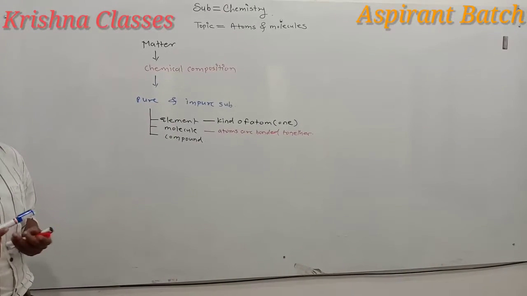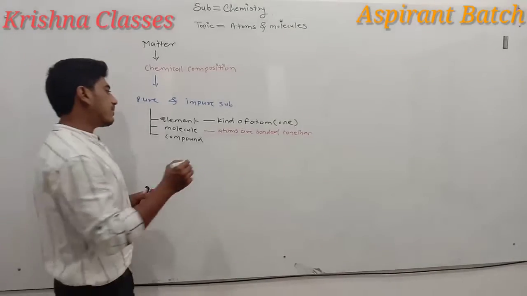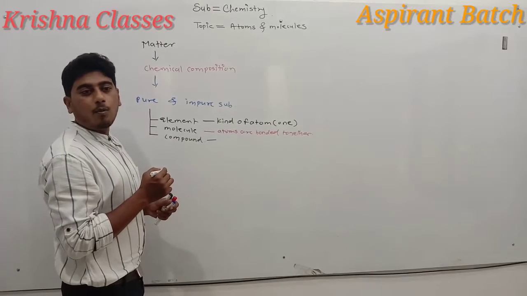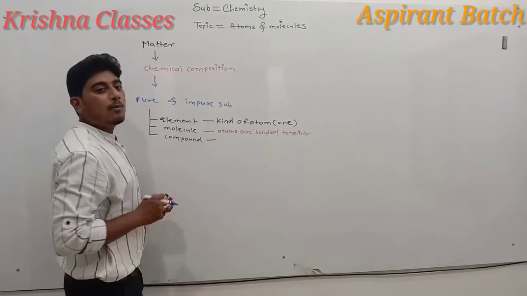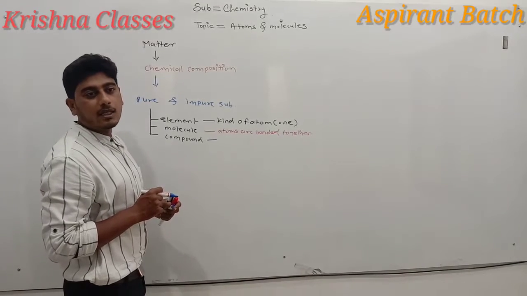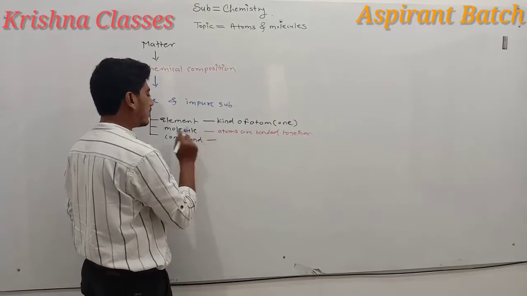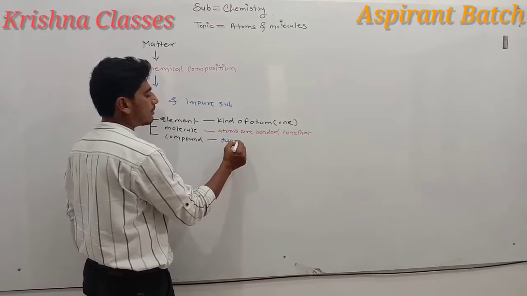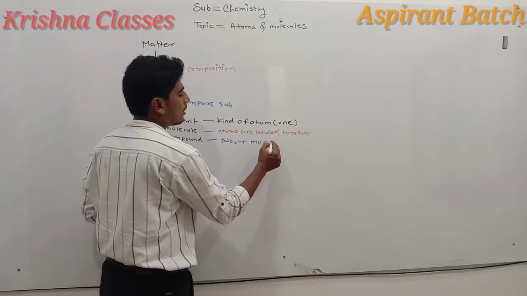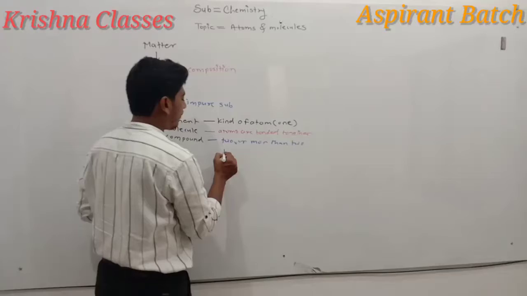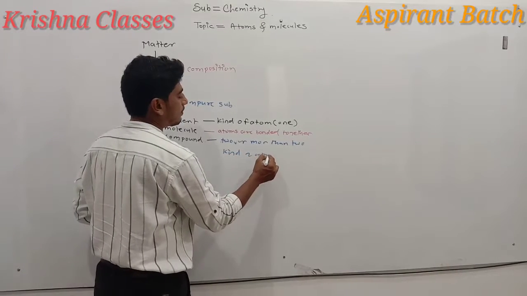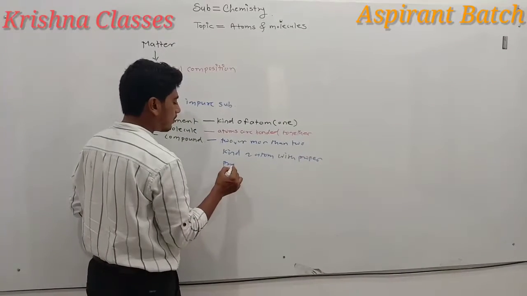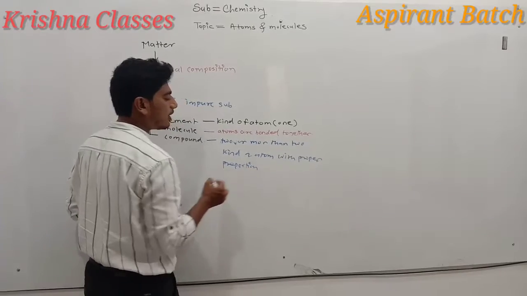And we know the compound. What is a compound? Compound is the substance which is made up by joining two or more elements in a proper or specific proportion. That is, compounds are made up of two or more kinds of atom with a proper proportion. The proportion of these elements in a given compound is very specific.